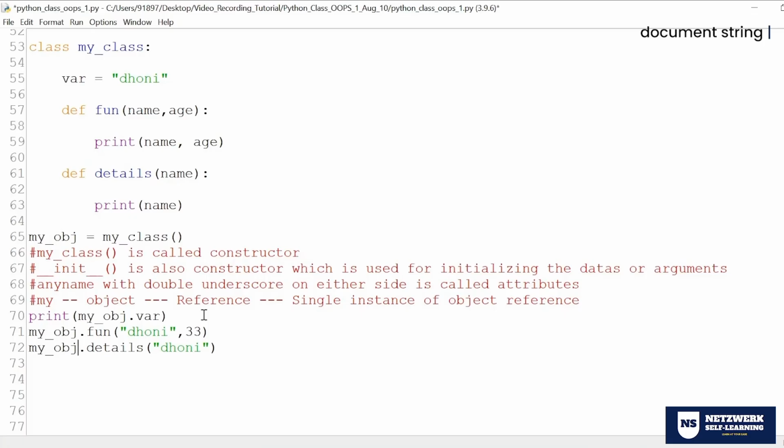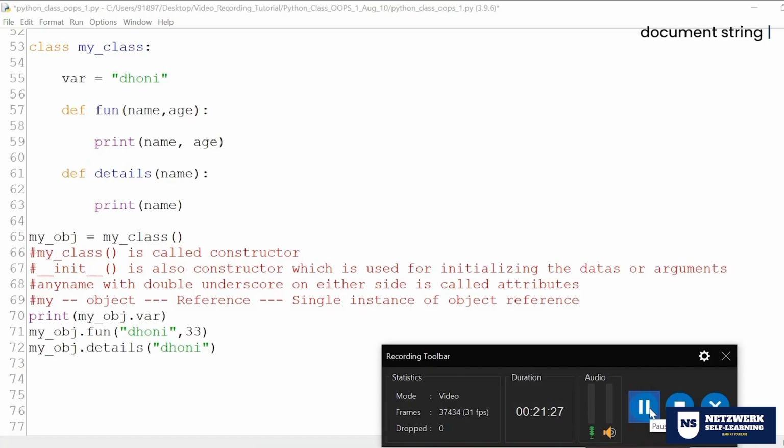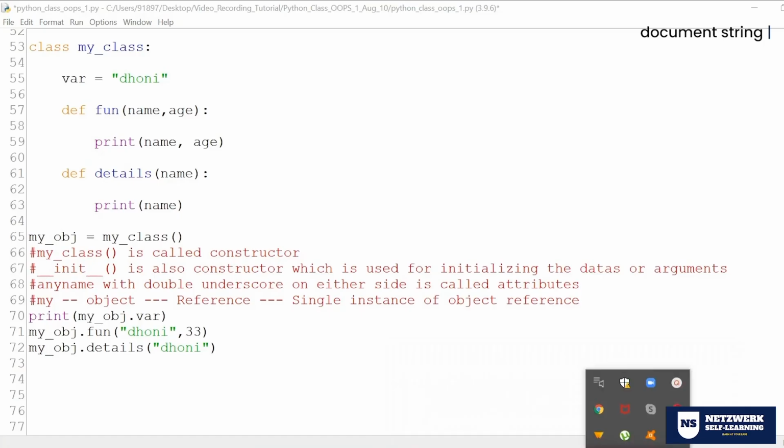That's the point I want you to keep in mind: a single instance of memory. Okay. So these four are very, very major points. So my class, what is init, what is my reference. Okay. So these are the points I want you to keep in mind.